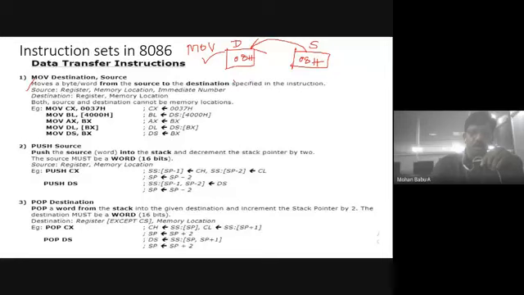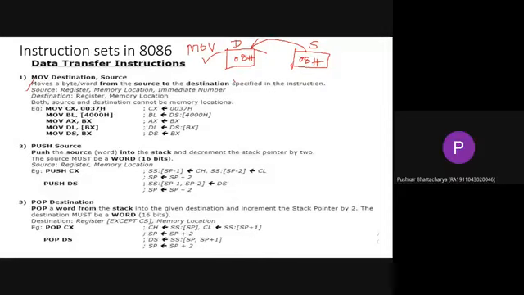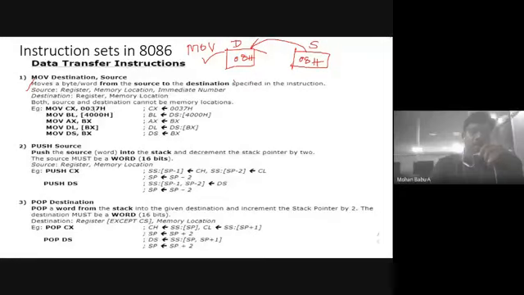Anyone? What does this instruction mean? This will store 8-bit or 16-bit data into the CX register. Is 0037 an 8-bit or 16-bit value? 8 bits, sir. See here, if you convert this number into binary form, how many bits does it contain? Convert 7 to binary form, it contains 4 bits. Convert 3 into binary form, it contains one more 4 bits. Convert 0 to binary form, you will get 4 bits.